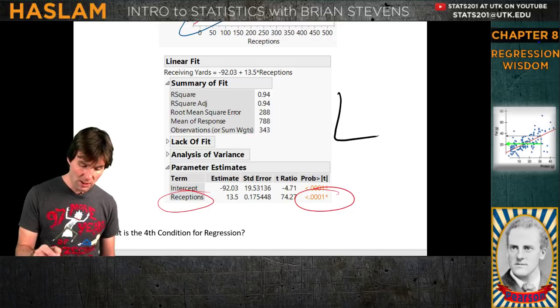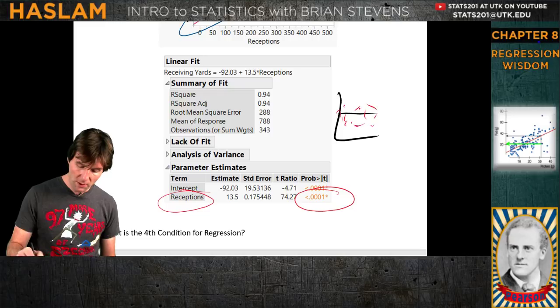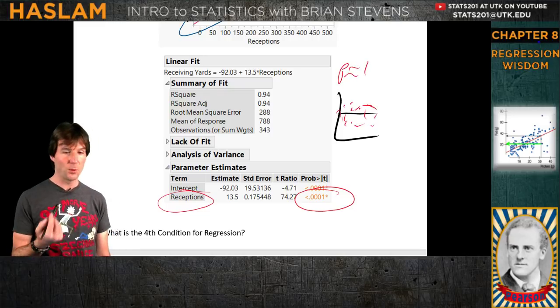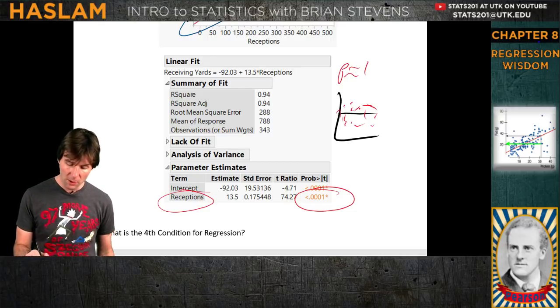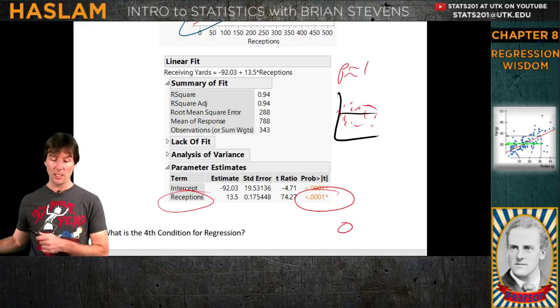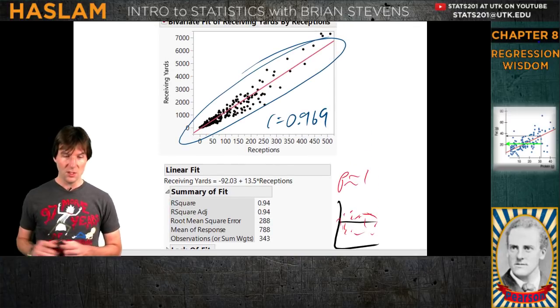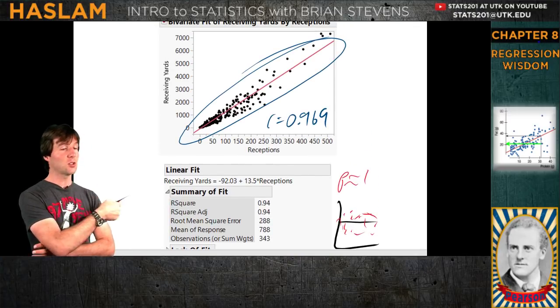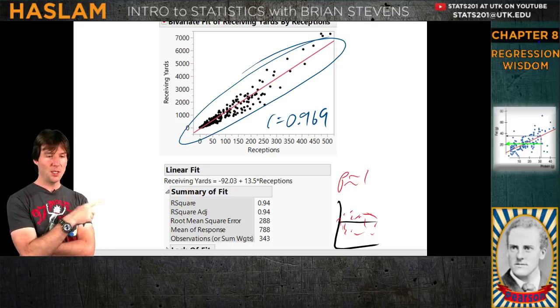So if you had an insignificant slope, it would look flat like this, and the points would be around it like this. This would have a p-value about equal to 1, because that one is not statistically significant. But remember, our line, which is the counterexample, has a p-value that is very close to 0, i.e. unlikely by random chance. Look at the difference between my example down low and our line. Do you think that those points randomly did that? Or do you think there's something really going on here, that if people get more receptions, that is probably related to how many yards they get? There's probably something going on there that's not by random chance.